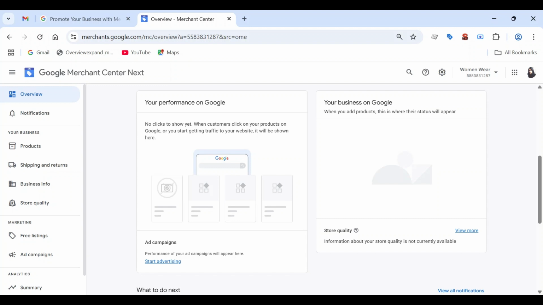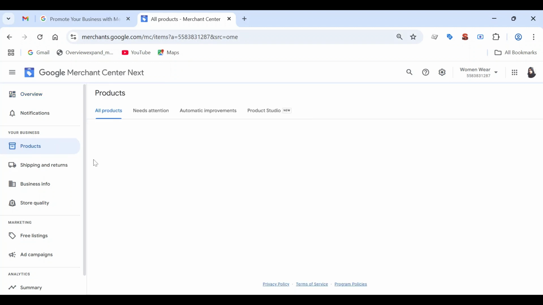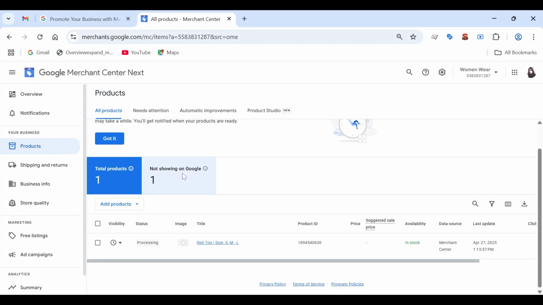So once you fill all these details, your product will be listed here, all the products that you added here, right? And if they are eligible, if you have filled all the details correctly, then you will see that all the products are approved by Google.